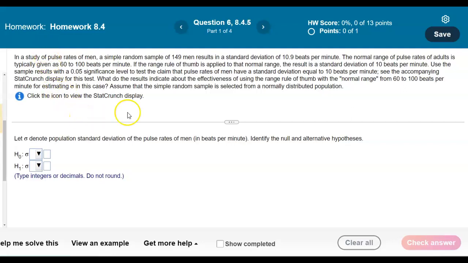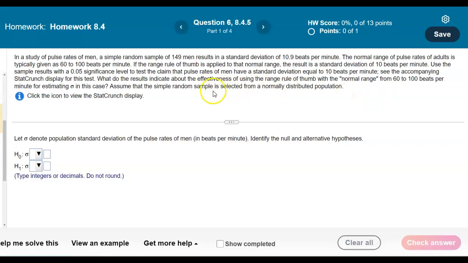In a study of pulse rates of men, a simple random sample of 149 men results in a standard deviation of 10.9 beats per minute. The normal range of pulse rates of adults is typically given as 60 to 100 beats per minute. If the range rule of thumb is applied to that normal range, the result is a standard deviation of 10